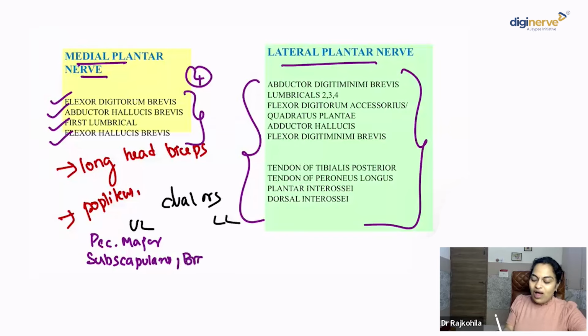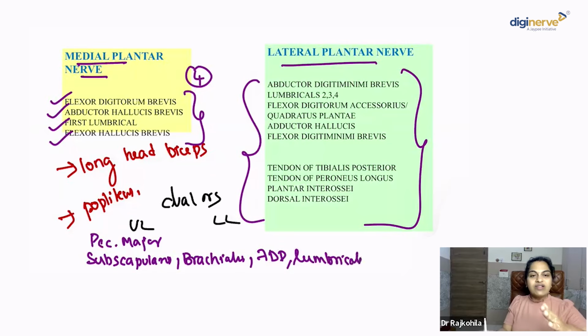In the front of arm, brachialis is receiving dual nerve supply from the musculocutaneous nerve and proprioceptive fibers from the radial nerve. In the front of forearm, flexor digitorum profundus, and then the lumbricals, isn't it? Flexor digitorum profundus, the tendon to the index finger, middle finger by median nerve, anterior interosseous nerve. For the ring finger and little finger, ulnar nerve, right? And lumbricals 1 and 2, median nerve. 3 and 4, ulnar nerve.